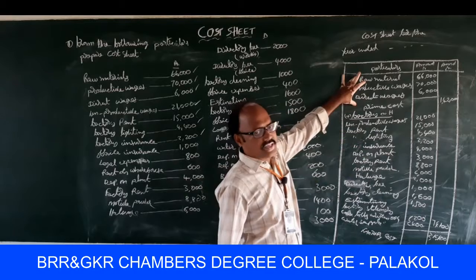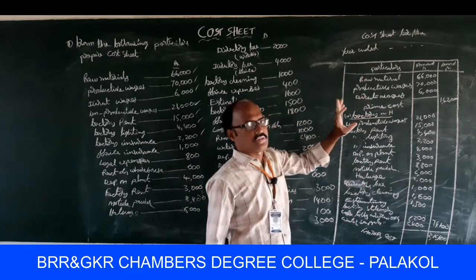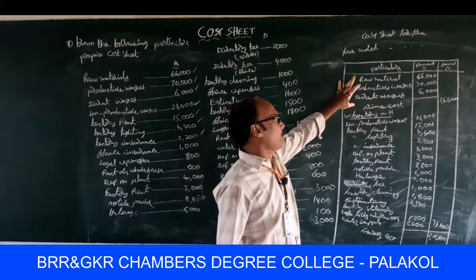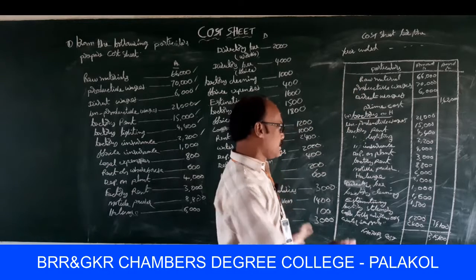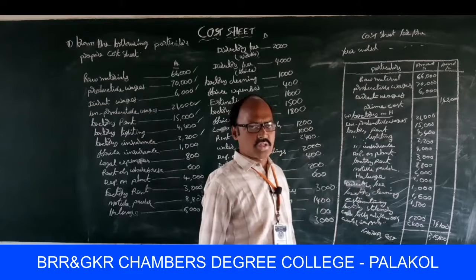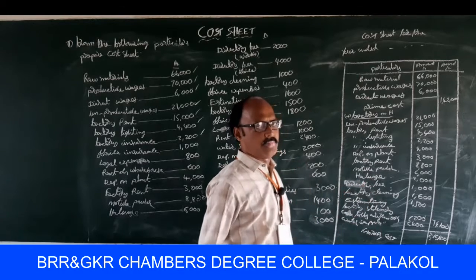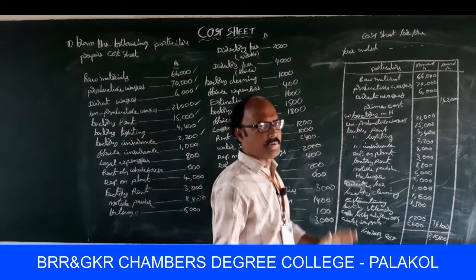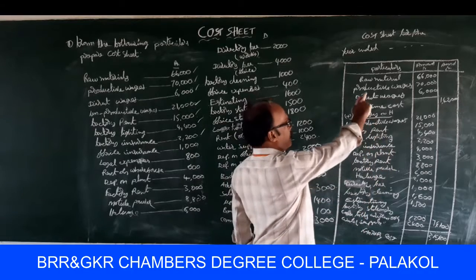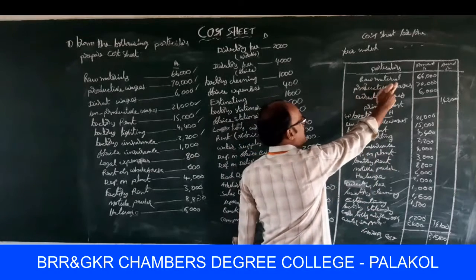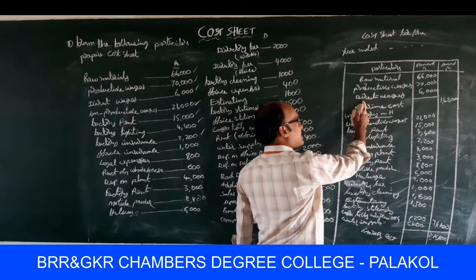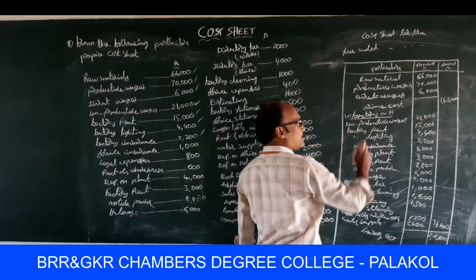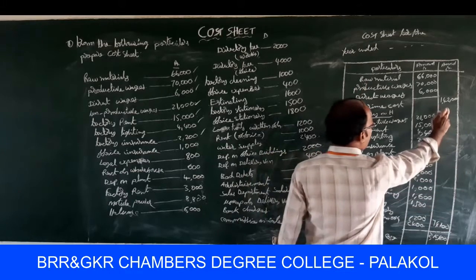These are all the transactions related to prime cost. Under the head of prime cost, we have recorded 3 transactions. Please listen carefully. There is no space to solve the whole problem at a time on the board, so please keep it in your mind. Raw material 66,000, productive wages, direct wages. The three transactions are related to prime cost. What is the total of prime cost?